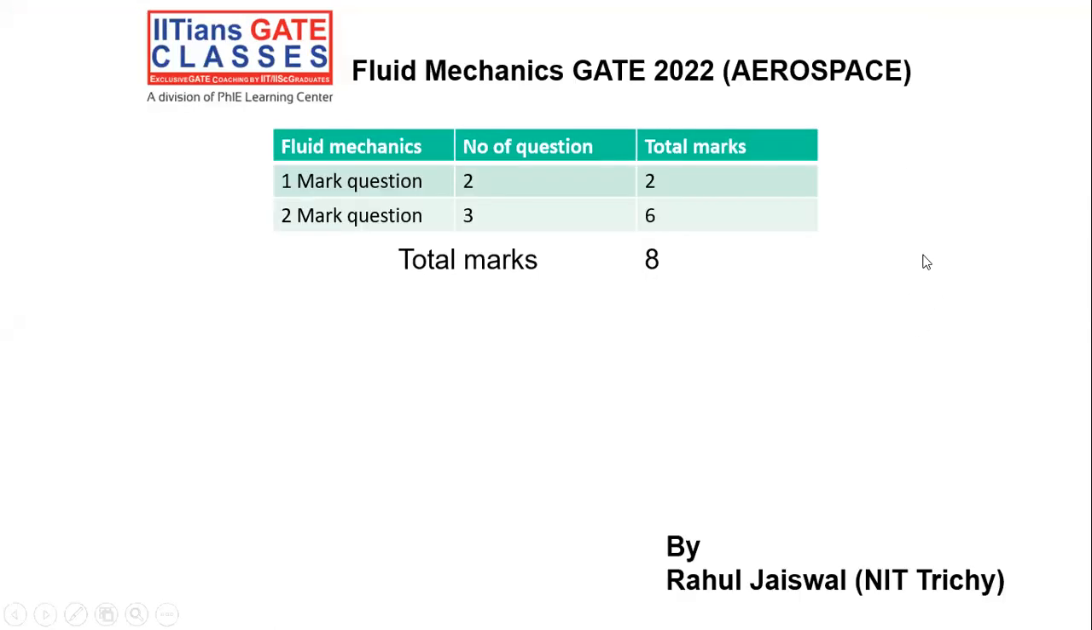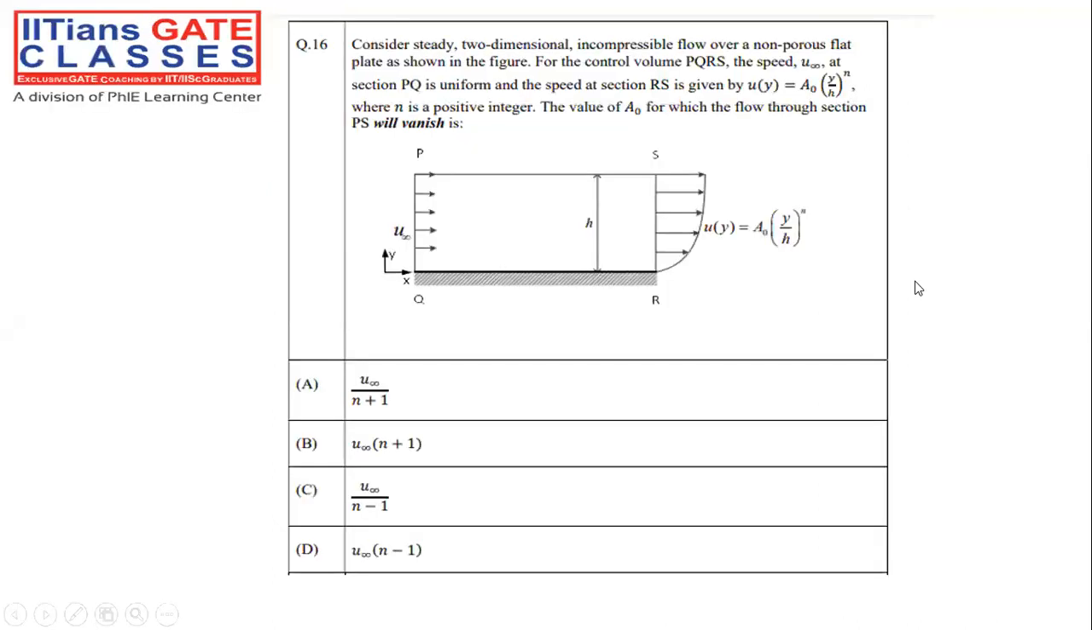Before moving on to the section segments, we are going to start our session from the very basic questions that have been asked in this particular paper. So the first question that you are going to see, the marks allotted to this particular question is 1 mark. Now coming to the solution of this particular thing, consider a steady 2-dimensional incompressible flow over the non-porous